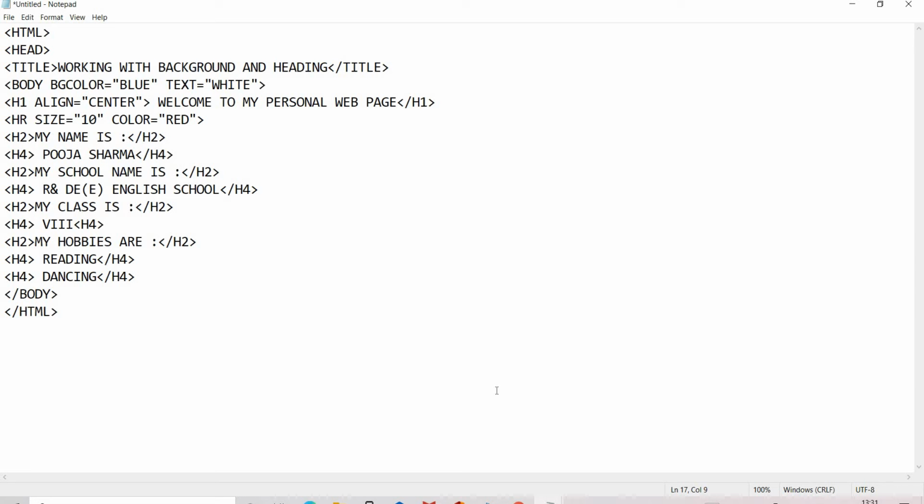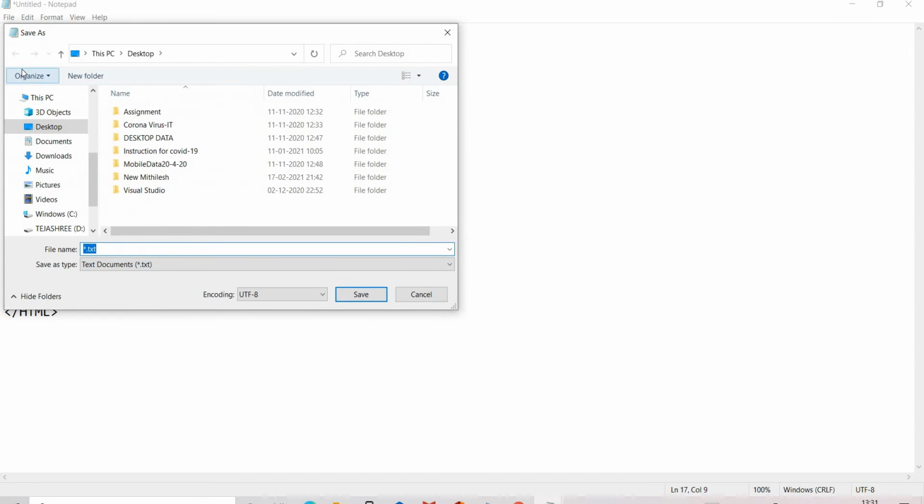So after writing the program, go to File, Save or Save As, and I am saving this program on the desktop. I am giving the name demo.html.